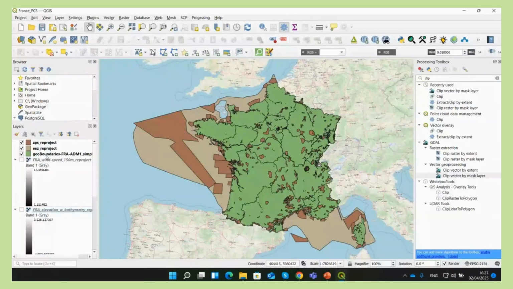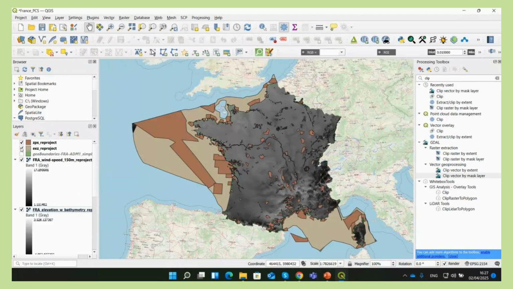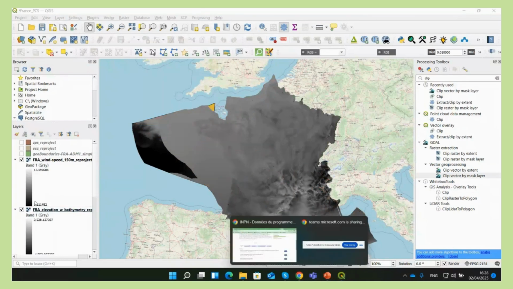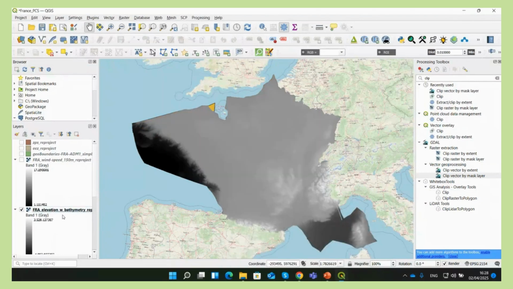And since we have our projected, reprojected datasets, we can start the processing activities. So let's create first a 3D surface. It's not that difficult as you think. Let's say a 3D surface, I'm not going to show you yet, a 3D surface for the elevation and the